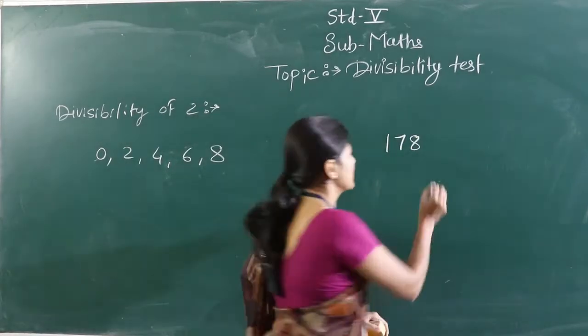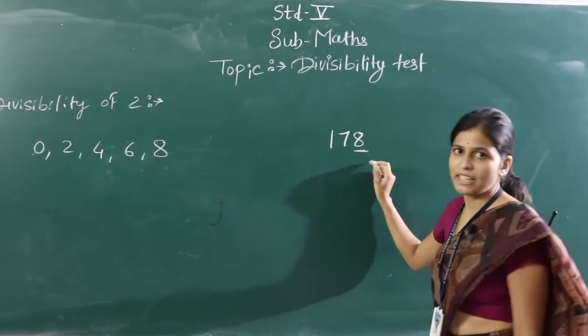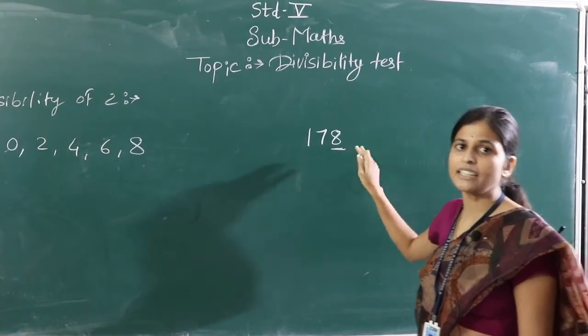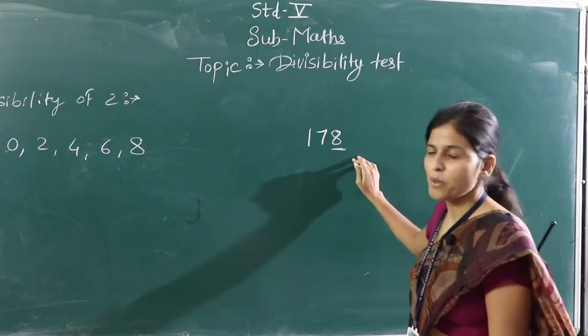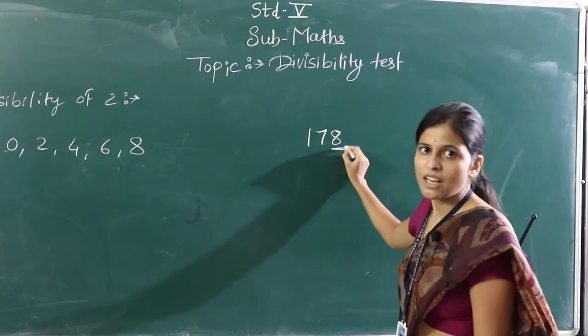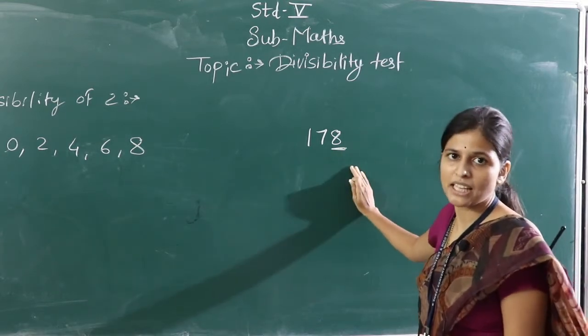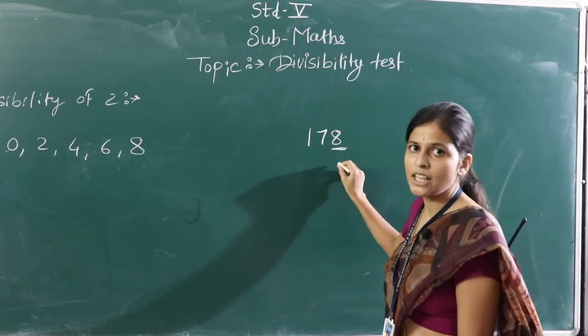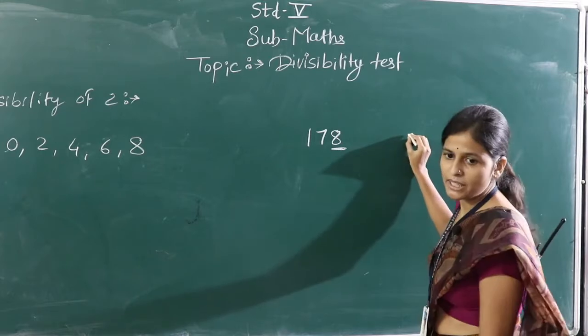For example, we take a number 178. The number has 8 in its unit place, that means we can directly tell that this number is divisible by 2 without doing a division. हम डिवीजन किए बिना ही बता सकते हैं कि ये नंबर 2 से डिविजिबल है, because 8 is in its unit place. Again we take another number, that is